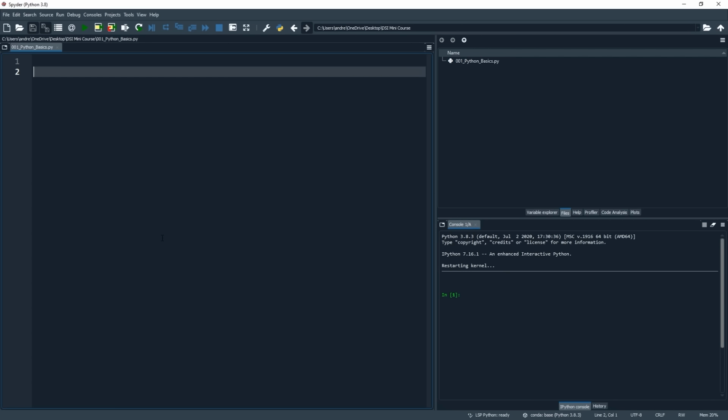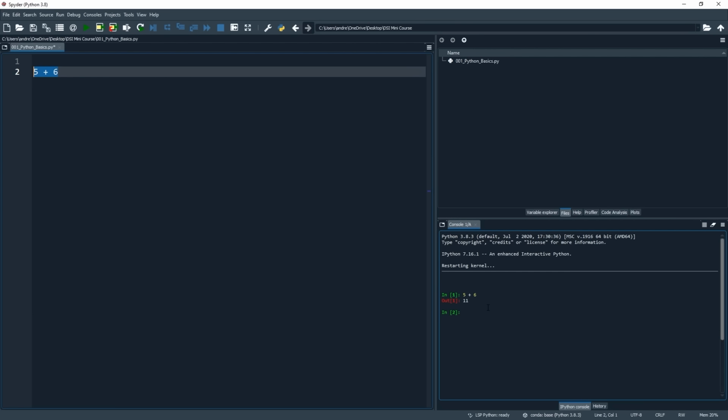So let's get started. In Python, we can do mathematical processes. So we could do something like 5 plus 6. And if we run that by highlighting that line of code and hitting F9, we can see down here in the console that we are being provided the result of that. So we can see here that we have got a result of 11. And we could do the same for subtraction, multiplication, division, putting one number to the power of another, and so on.